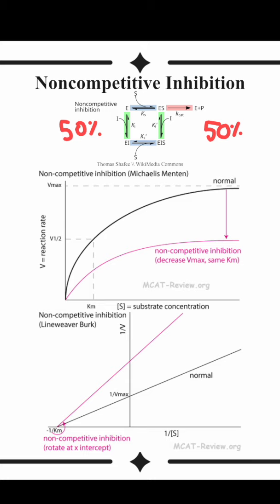Looking at our Lineweaver-Burk plot here, Km doesn't change, so the x-intercept is the same. Vmax decreases, so the denominator gets smaller, so the y-intercept is farther away from 0. And that's how we can